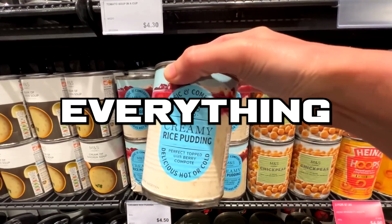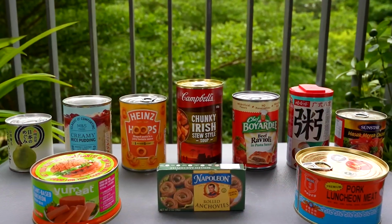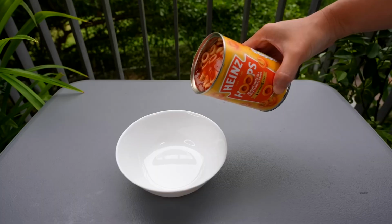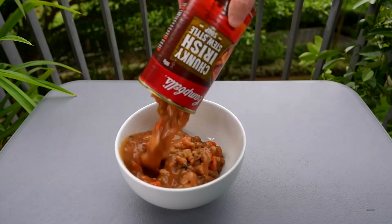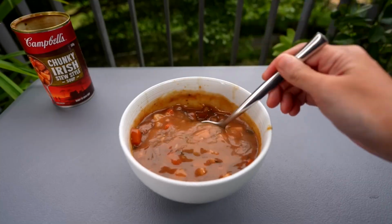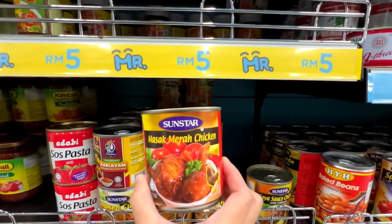Today, we'll be looking at everything you need to know about stockpiling canned foods. Every serious prepper knows that canned food is one of the most valuable ways to ensure your survival. It's cheap, nutritious, lasts for years on end, and it's convenient. No matter where you are in the world, canned food is going to be available to everyone for the least